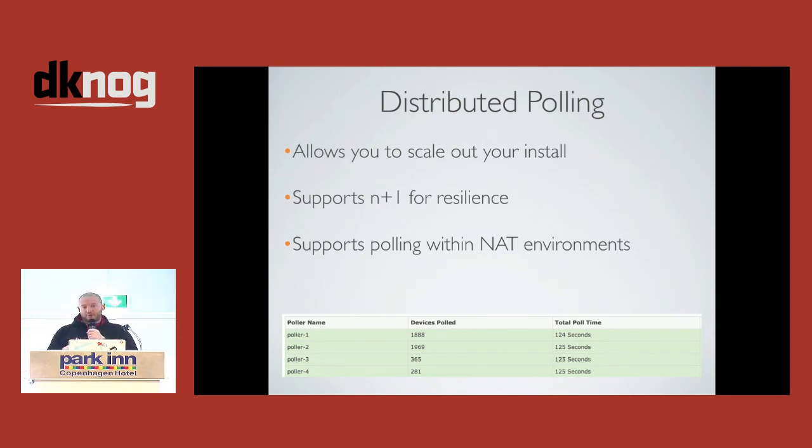So poller 1 and poller 2 for us, that's in essence N+1. If we lose one of those poller nodes, the other one will pick up those remaining devices. And in the time we've got there, it's got to complete within 300 seconds. It's just about going to cope with it. So you can do it to get resilience as well. If you need to do patches and things on pollers, you can introduce a new one while you patch and update another one, etc. Also useful to support NAT environments. If you've got corporate networks where you can't get access into the network from remote, you can drop a poller into that network and it can do all outbound connectivity to send all the data back to the central location. So helpful in those scenarios.